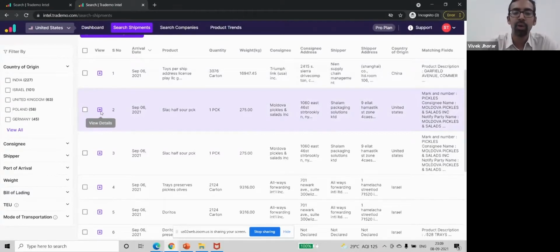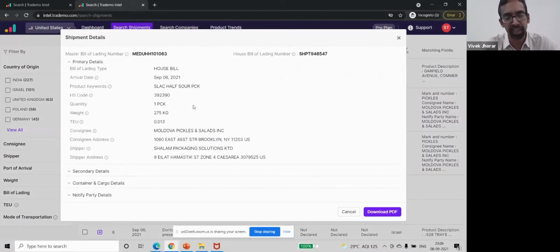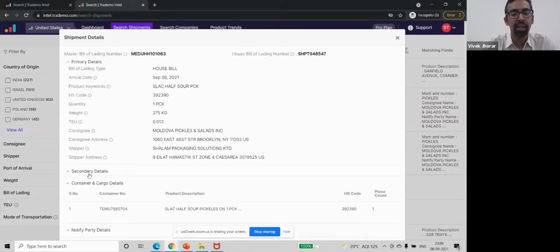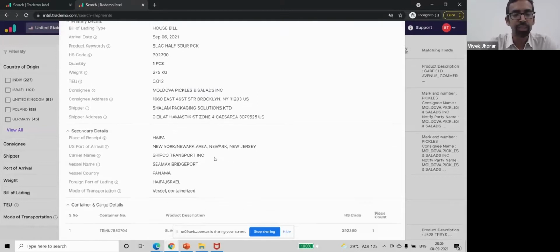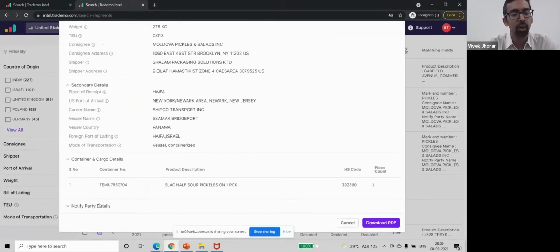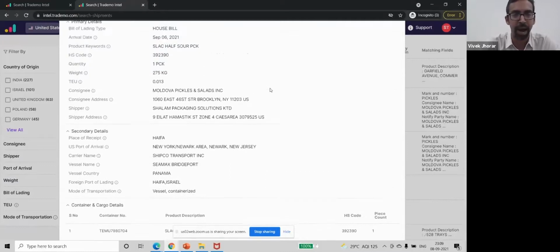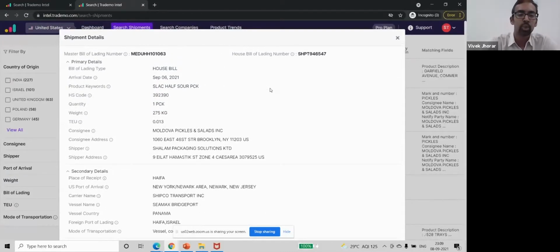So you can see some buyers who are already buying it from across the world, and this tool will give you not just more information on those particular shipments, as I already explained, but it will even tell you, going the next mile, what are the details of some of these buyers, and it will also tell you what is the kind of pricing they are currently buying at. Now this might look scary to some of our friends who are right now importing, and how can such information be available, but using some AI and ML at the back end and using some dependable data sources, we are estimating a fair value.